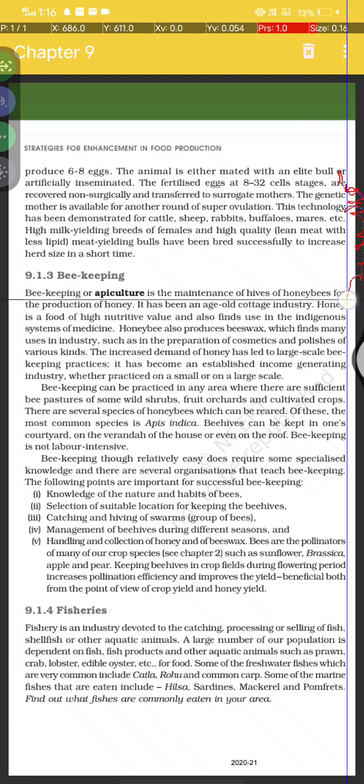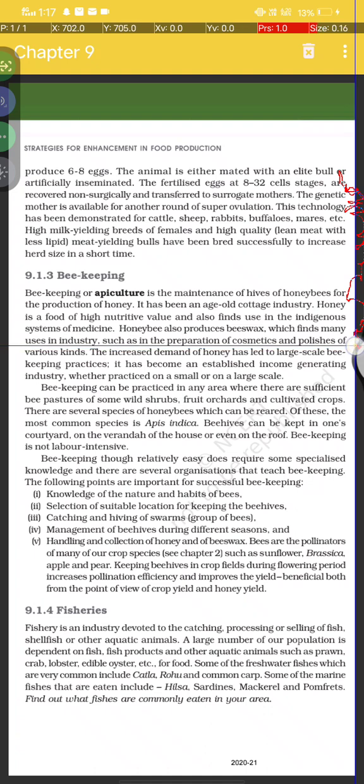Beekeeping or apiculture is the maintenance of hives of honeybees for the production of honey, and it has been an age-old cottage industry. Honey is a food of high nutritive value and also finds use in the indigenous system of medicine. Honeybees also produce beeswax, which finds many uses in industry,